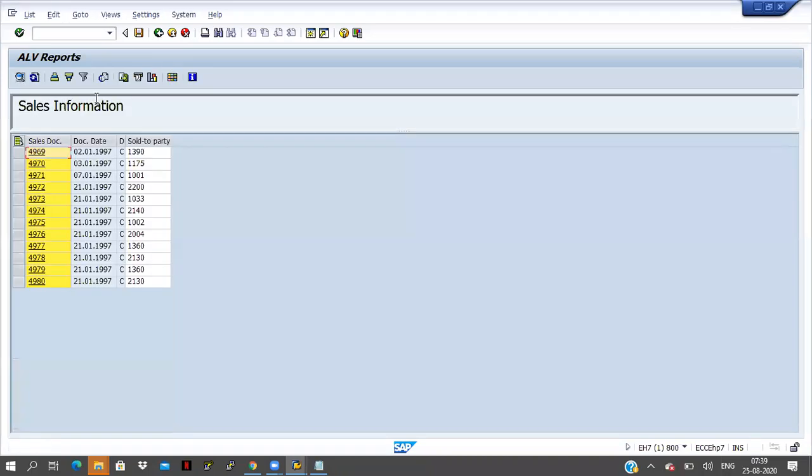Here sales information is coming, and you can see as usual the data is coming in the box like this. Now I have taken H here. So I am taking the screenshot for this one.